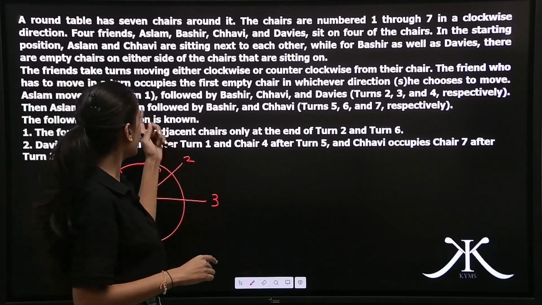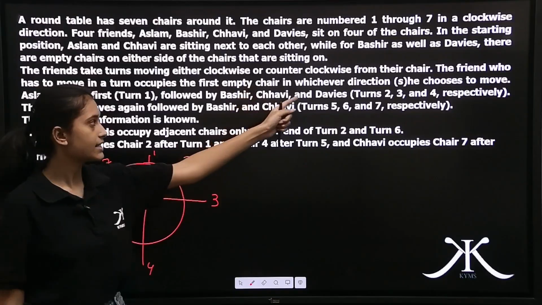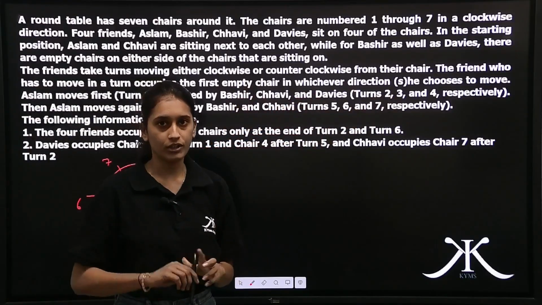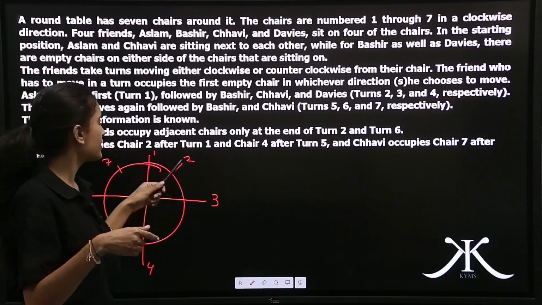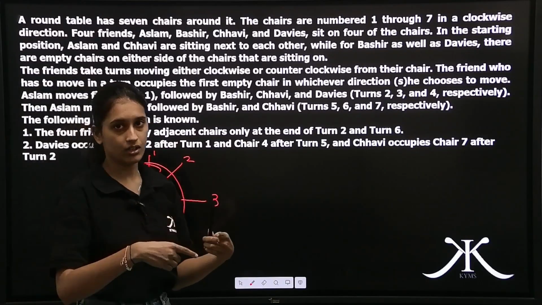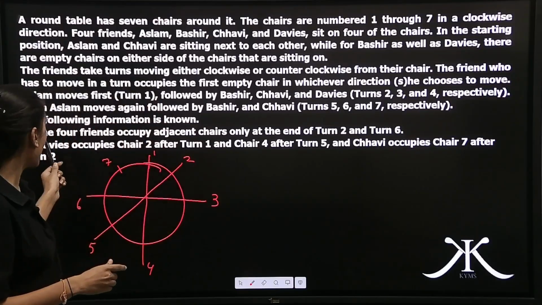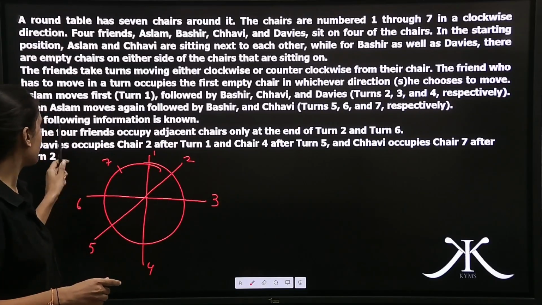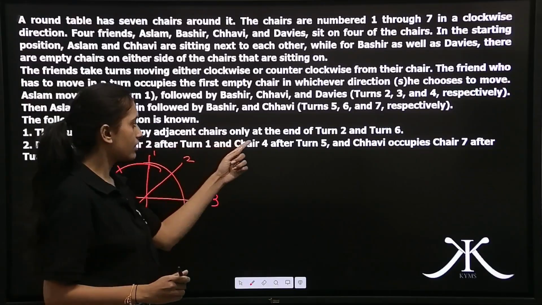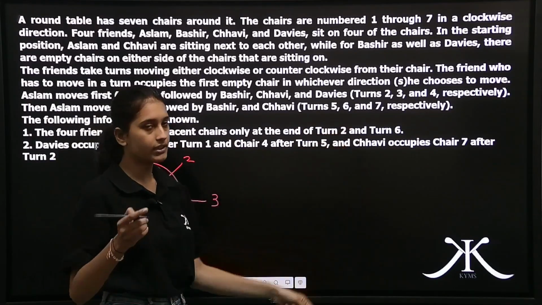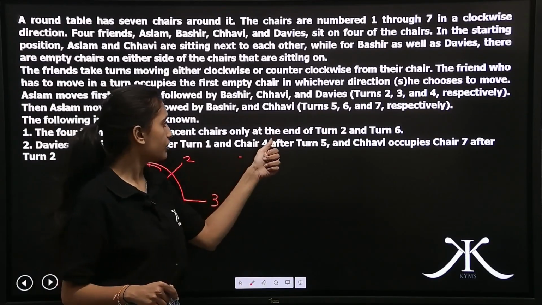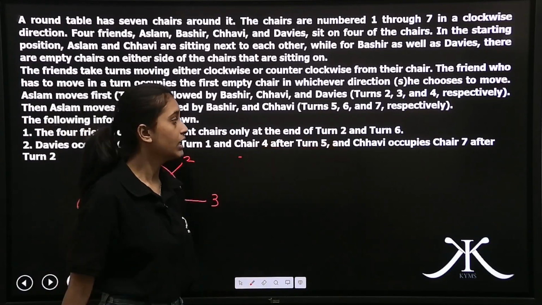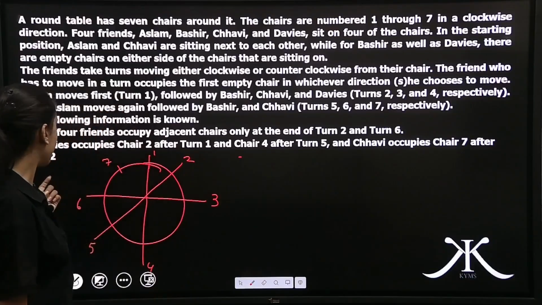So in turn 1, A moves, then B, then C, then D in turns 2, 3 and 4 respectively. Okay. Then again for turns 5, 6, 7 respectively, A, B, C, D move in the same order. Now, the following information is known. The 4 friends occupy adjacent chairs only at the end of turn 2 and turn 6. D occupies chair 2 after turn 1 and chair 4 after turn 5 and C occupies chair 7 after turn